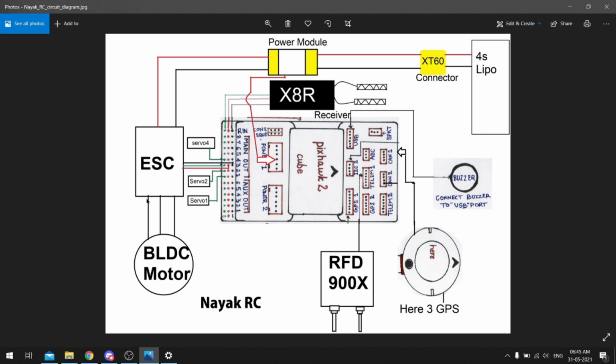Channel number 3. Now you see here the ESC is the main load and the motor, nothing but our propulsion system. From the ESC you see a small cable coming out and connecting to channel number 3. That is nothing but the signal, and we are also giving 5 volt supply to this total auxiliary and main output power rail from this ESC. So the ESC has some kind of step down circuit which steps down the voltage. Whatever the 4S LiPo voltage is, it steps down and delivers 5 volt to this main output and auxiliary output, all these channels.